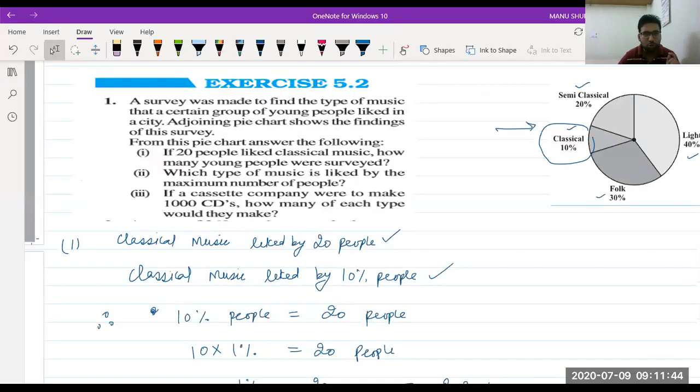So 1% equal to 2. Okay. All of you got this? So this way only you have to try. In the next class, that is the third lecture, we will try one more time, sorry, fourth lecture. We have a fourth lecture also today. So in the fourth lecture, we will continue from there. Please switch on your video.